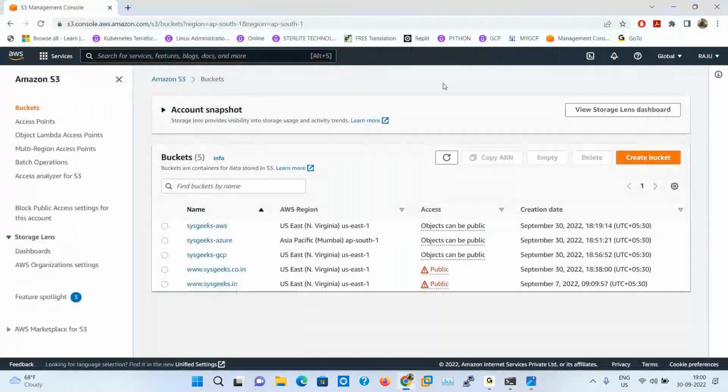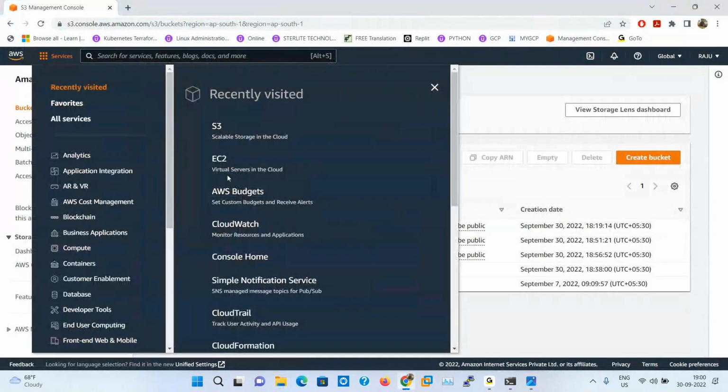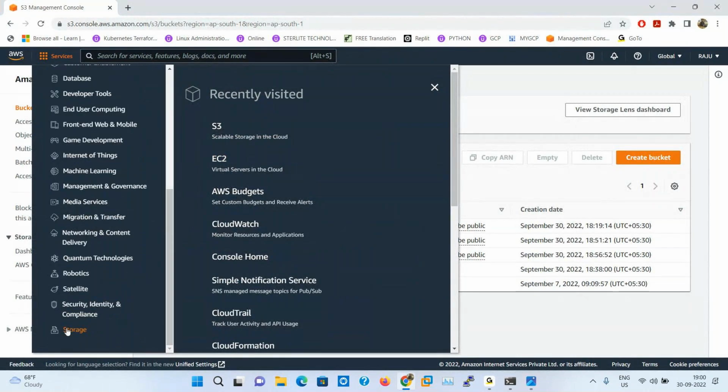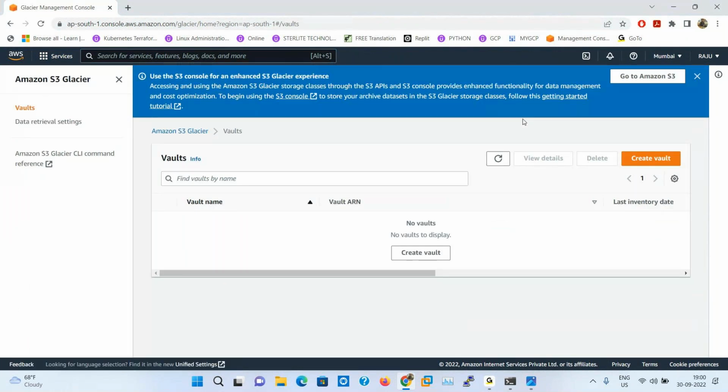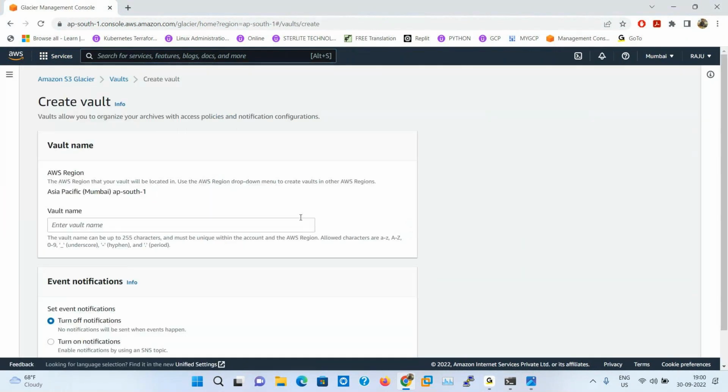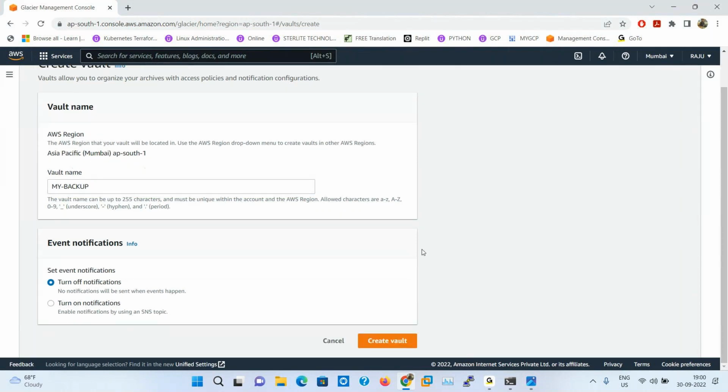Then where is S3 Glacier? Here, under Storage, S3 Glacier. Then create vault. The vault name is my backup. No need for event notifications, directly create the vault.